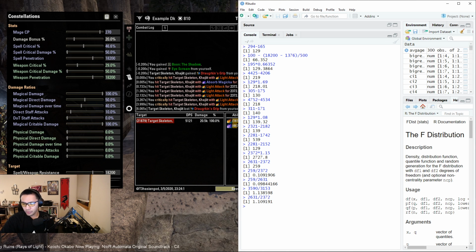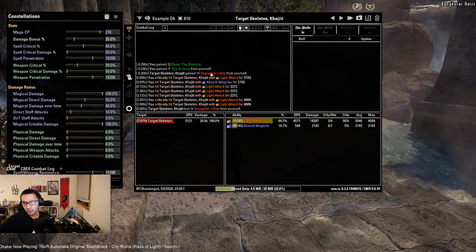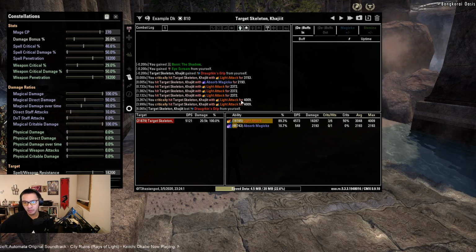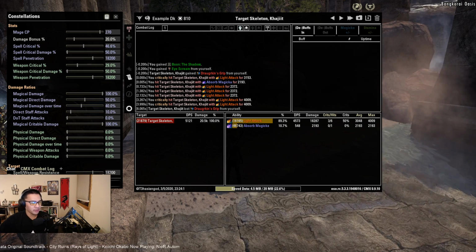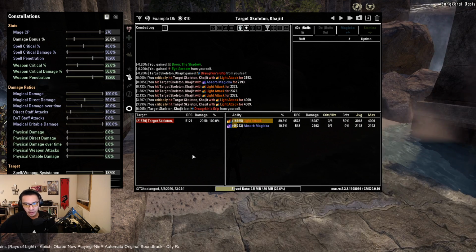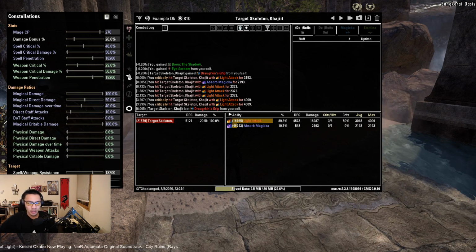Yeah, there might be some weirdness going on here with all the different modifiers, but it doesn't seem like Draugrkin's grip, at the very least, is being affected by this, because if it was, we should be seeing much larger values, larger than the 10% that we're seeing here. So it doesn't seem like any sort of additional CPs are affecting Draugrkin's grip, so we can probably say the